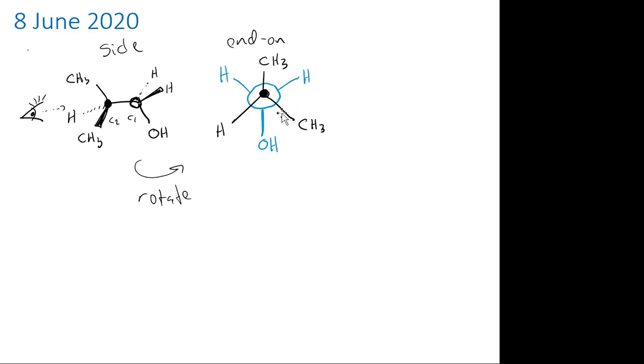Good? Okay. Rotate the front carbon clockwise. And again, it's an arbitrary choice. We could rotate either the front or the back, and we could rotate either direction, but so that we all draw the same picture, let's go clockwise, and we're going to do it in 60 degrees. Now,